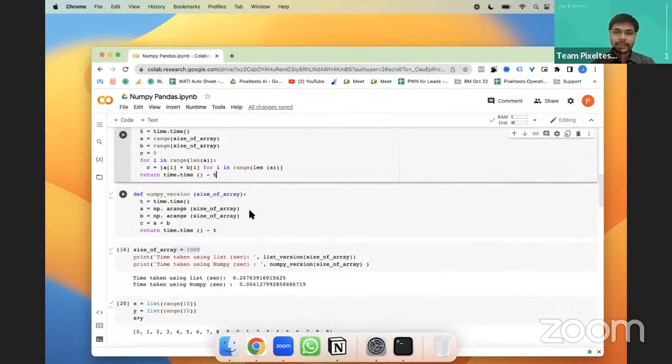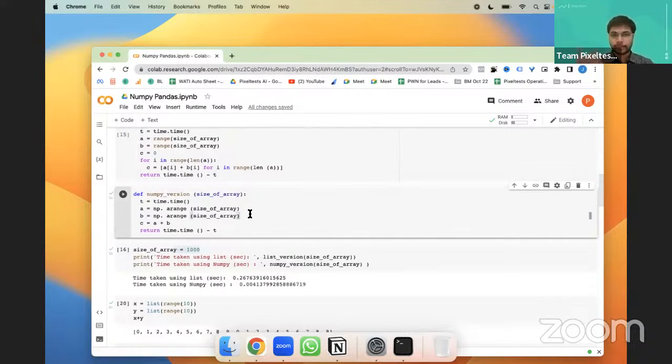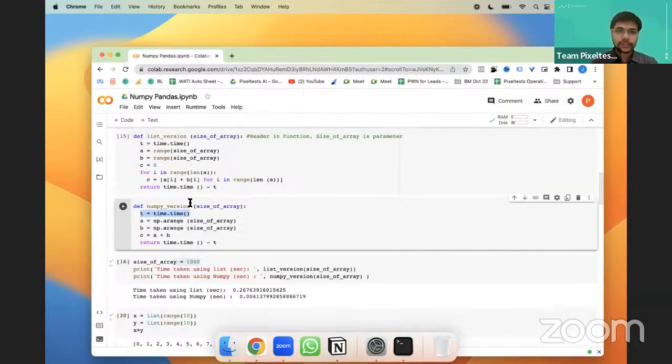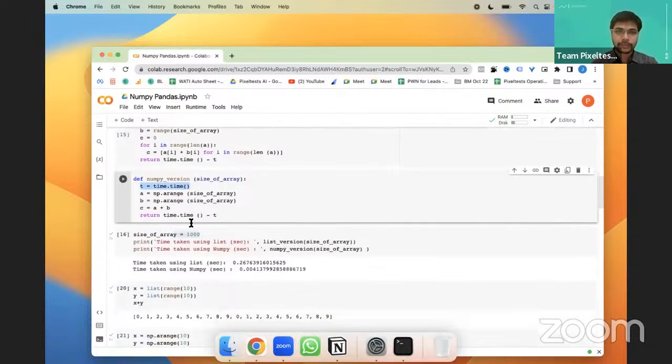So similarly, we are now creating a NumPy version. How are we going to do it? We are taking the time before running the program.